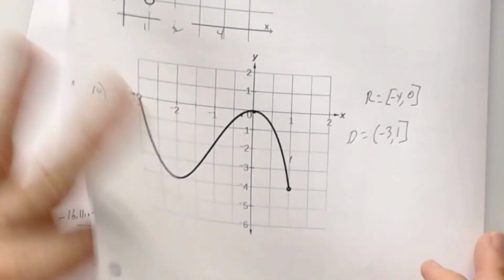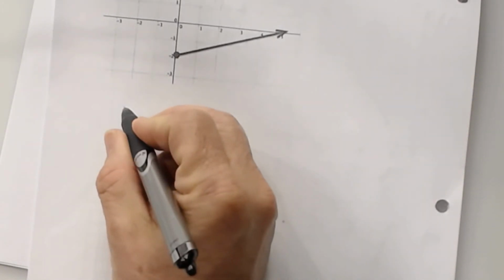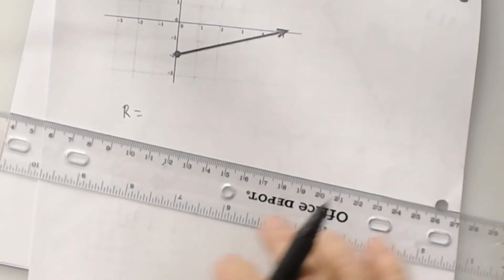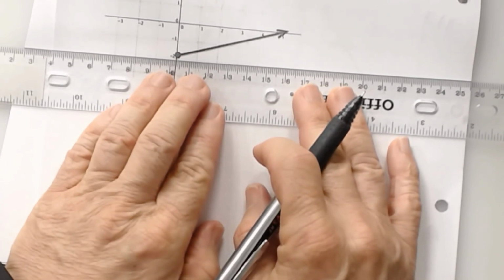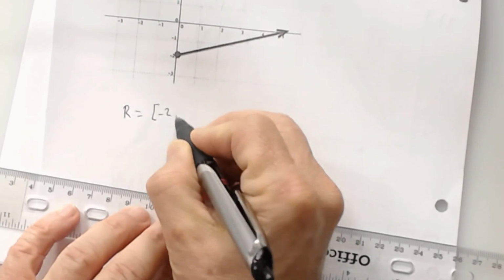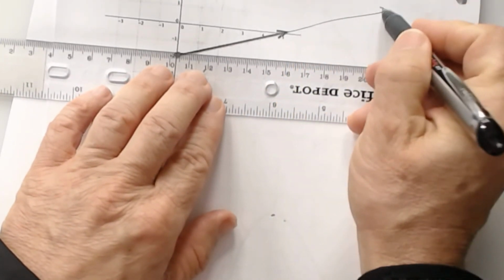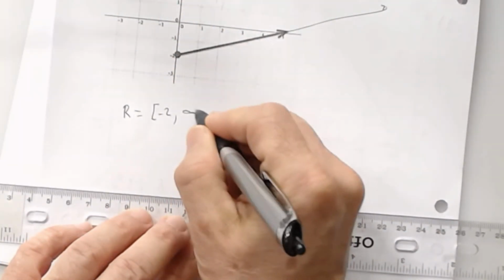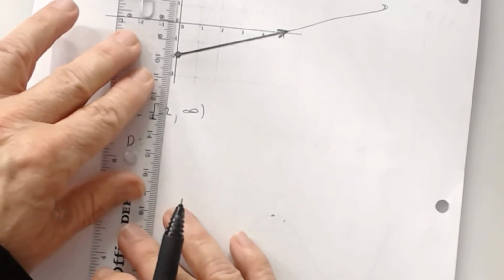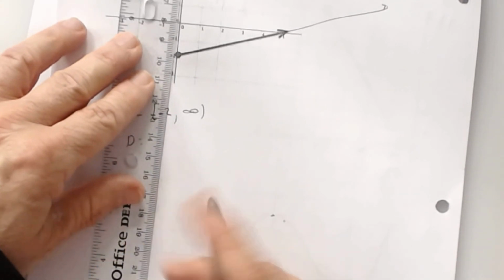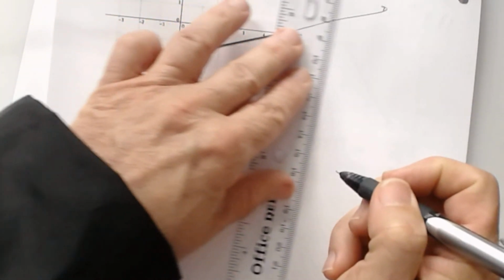Number 11. Let's talk about the range first. When I look at the range, where do I start? Is that closed or open? Closed. So that's going to be bracket. And this arrow keeps on going, right? So all the way to what? Infinity. Domain. Go along the x-axis. Nose the ruler. When do I start touching the graph? When x is what? 0. Good. Bracket, all the way to what? Infinity. All right? Okay. Now,